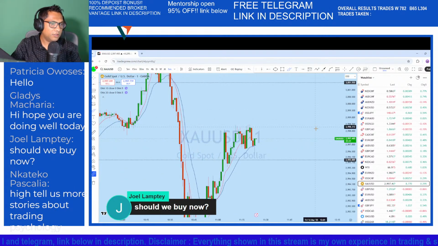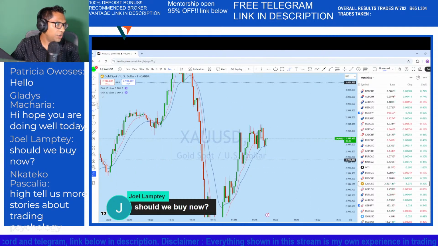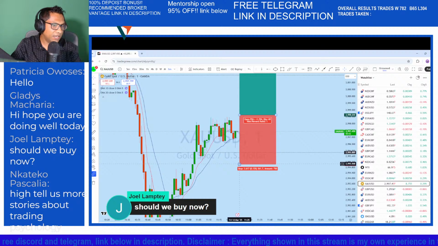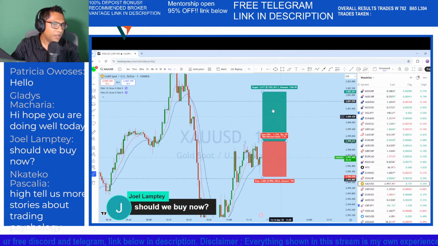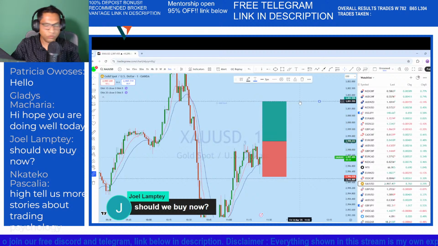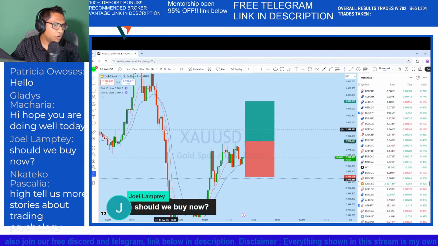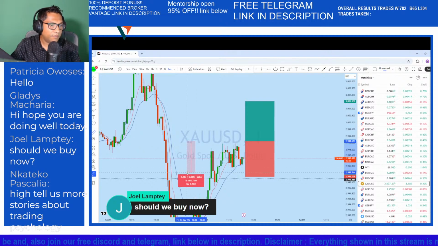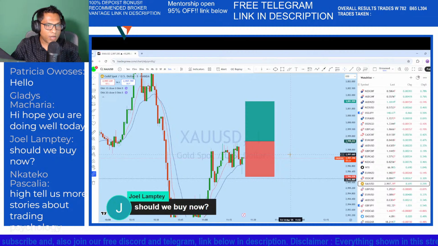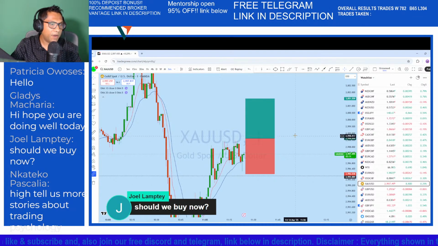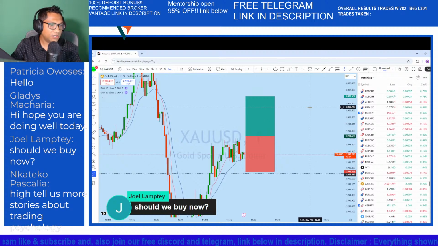So here what we will be doing at the moment, we will be placing a buy stop above this level, stop loss below this low. If the market manages to break out, then we will be entering into the trade. So placing a buy stop here at this level. Okay, so we will be placing a buy stop at 2998.64. If the market breaks that high, then we will be entering into the trade.